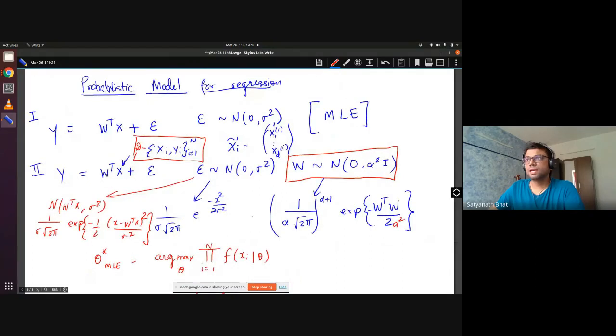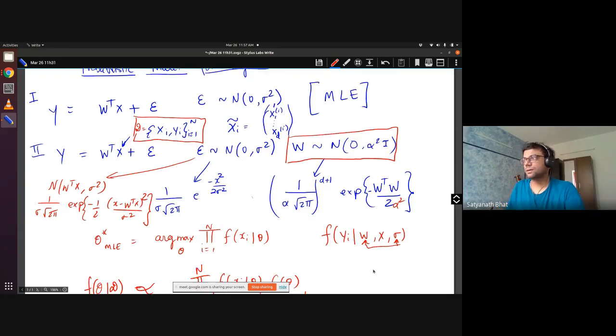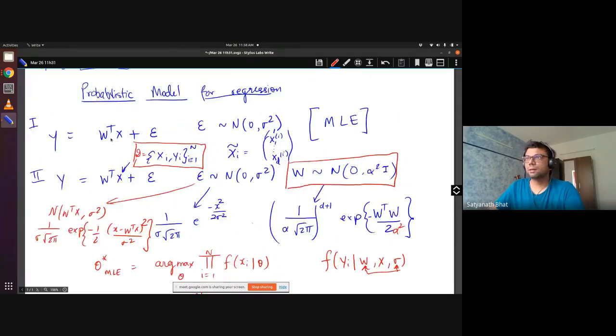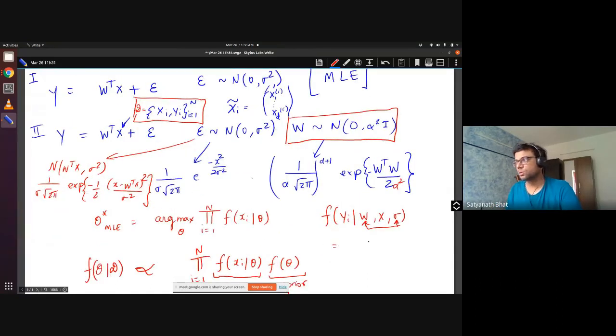Yesterday we had W transpose X plus epsilon, right? We first took the likelihood, which means we wanted to find the probability of getting a Y, given that you have W, you have X, and you have sigma. These are the parameters. W is a parameter, sigma is a parameter. Remember we had this discussion yesterday? Since yi is W transpose X plus epsilon, X is not random, and W is a parameter that we would like to learn. What we realize is this is actually equal to the product of 1 over sigma square root 2 pi e power.